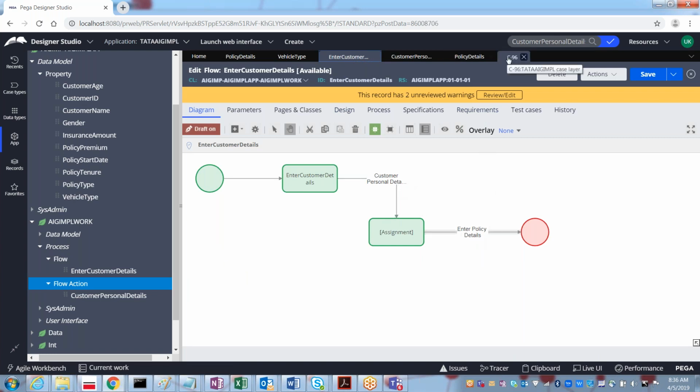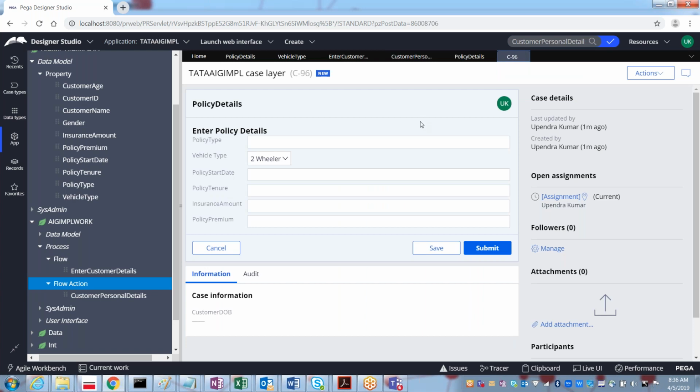So what is that next screen? Enter policy details. What is the policy type? Vehicle insurance. And what kind of vehicle you have? Four-wheeler. Then policy start date, like 12.5.2019.